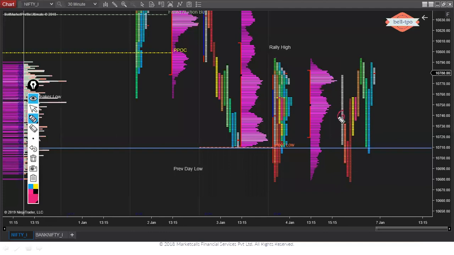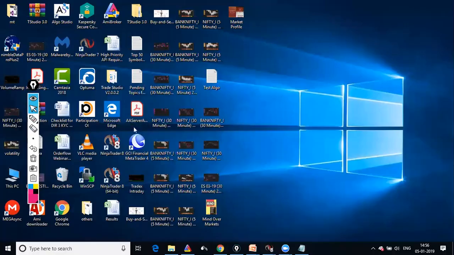It's not showing any buyers are there. So initially the market opened inside the range. It tried to break the previous day low. Activity happened, and they got back in with a sharp move. Again, activity started developing over here. They went taking the rally high. They're not able to take back. They again came back to take down the day low. They're not able to take back. They ended again very close to the rally high, right? So that is why my view is that we got a view like